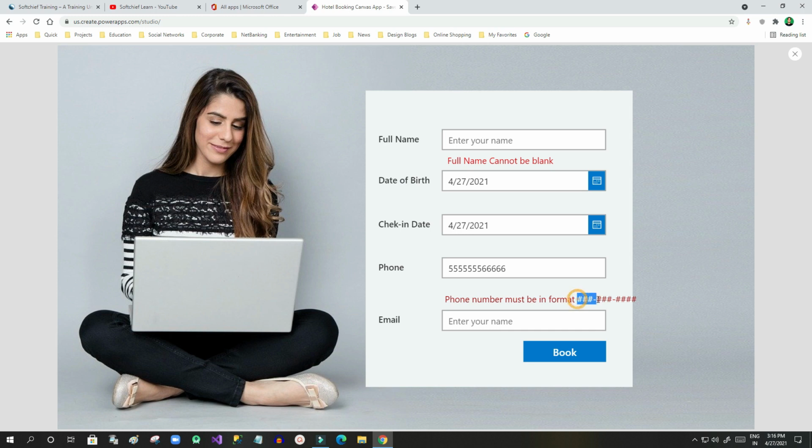If I make it the same format, the error disappears. Now I can go further by clicking this button and my logic will work.